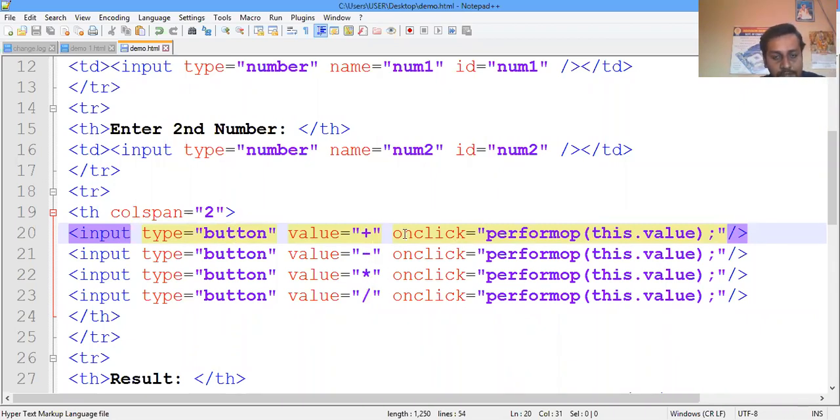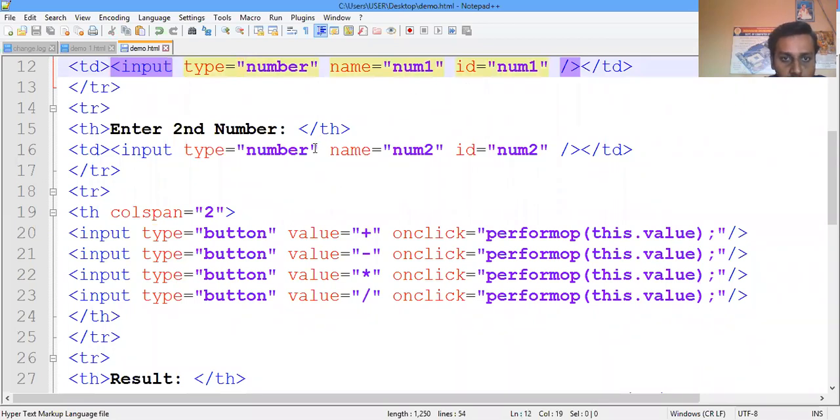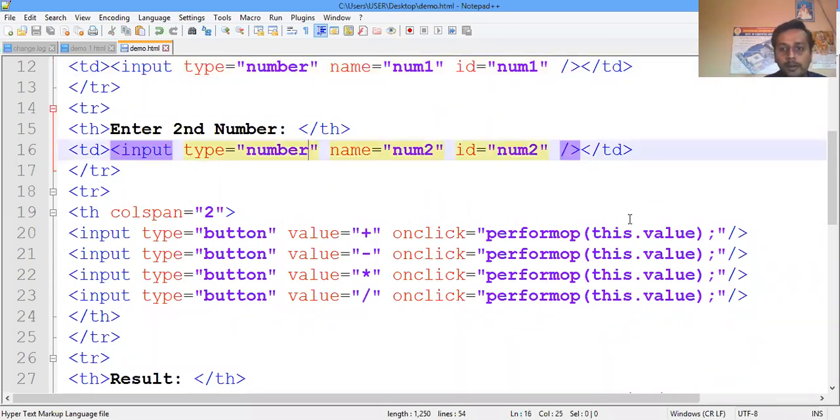If I click on plus, we are calling a function, as we write in C language. In the same way you can write in JavaScript. We have written onclick perform this value. This value means the num1 and num2 values, and we have to perform the function, that is addition.